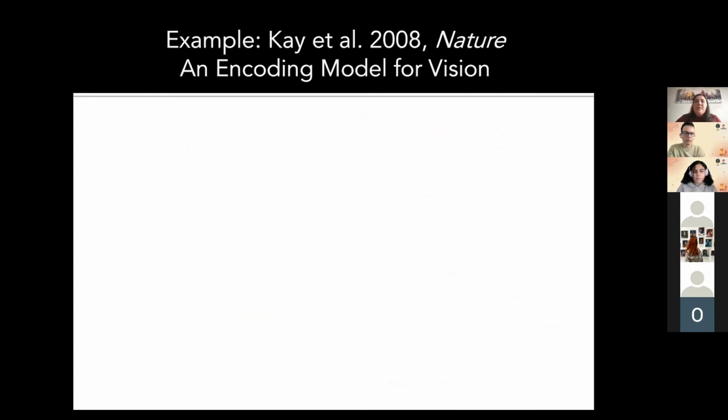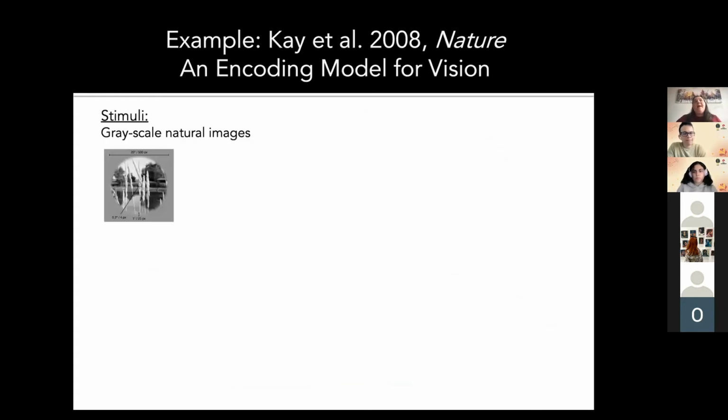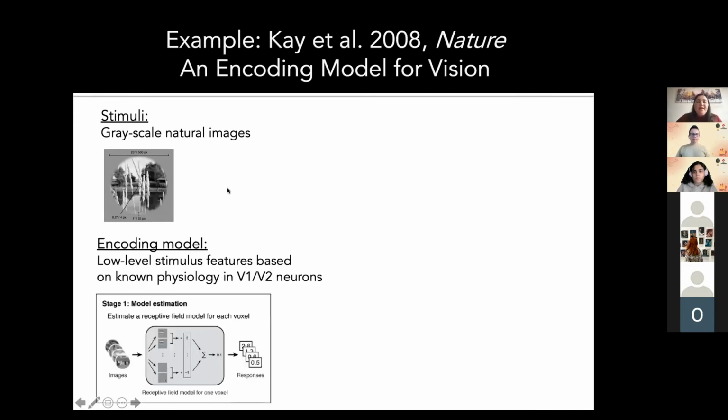And there's actually a study that is one of the original studies here, Kay et al., which basically uses an encoding model to predict the activity of primary visual cortex V1 in humans. They use grayscale natural images. They show people these grayscale images, and they built an encoding model that basically encodes low-level stimulus features based on the known physiology in V1 and V2 neurons, based on physiology